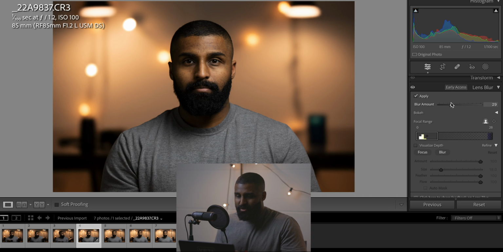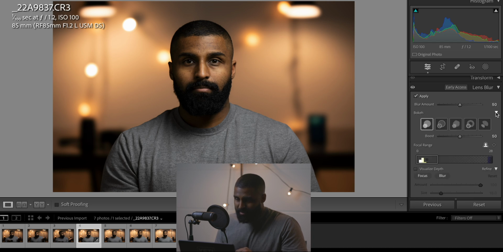or 30% or so. So that's interesting. You know what? I probably won't touch this function when using my f1.2, but it is interesting to see that you can do that. So just for the sake of argument, let's go to 50% bokeh. Oh my goodness. So you can boost. So here we have different types of bokeh. Look at how the bokeh is changing. This is insane. So, okay, so now you have more of those oval shaped bokeh compared to the more round. So you can boost the bokeh now,